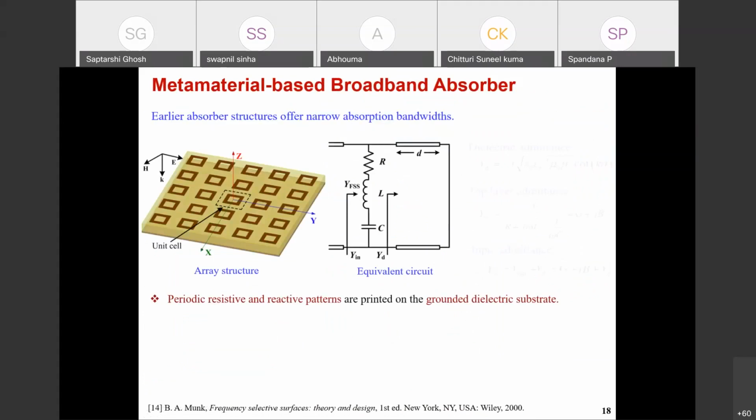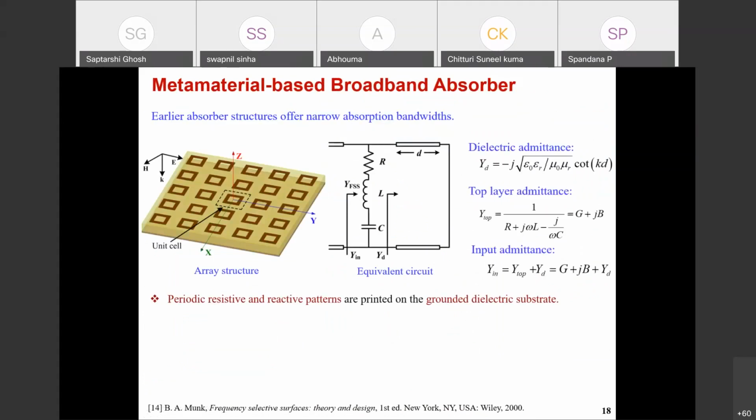resistance effect. In the previous cases, if you see, we have only used the metal pattern at the top side. This metal pattern is made from copper or this type of high conductivity material, so the ohmic loss will be very low. So we have to introduce some type of high loss in the geometry to make it a broadband absorber. How do we introduce a high loss in the geometry? One option is to use the dielectric loss, but that also has some limitation. Another option is that we have to incorporate some finite ohmic loss at the